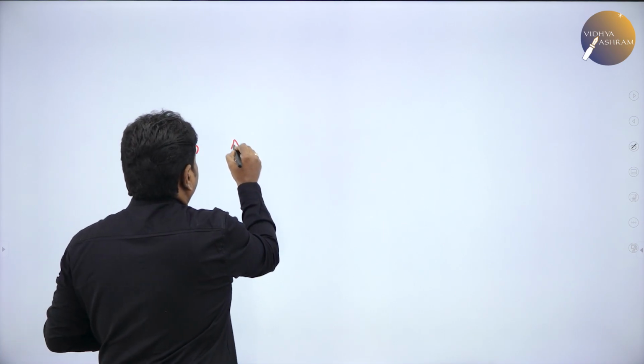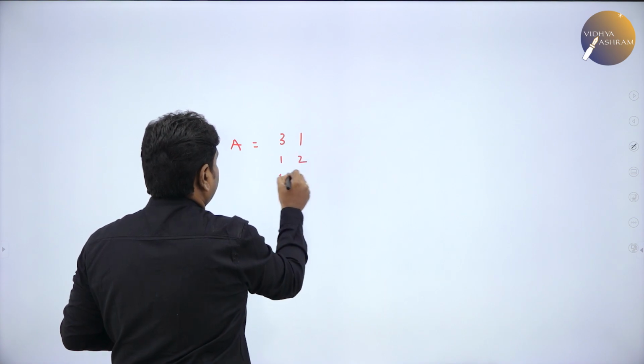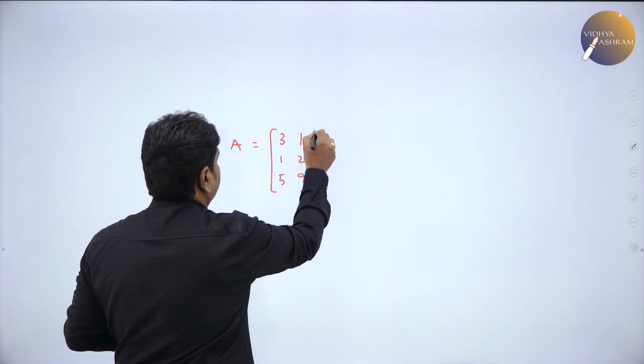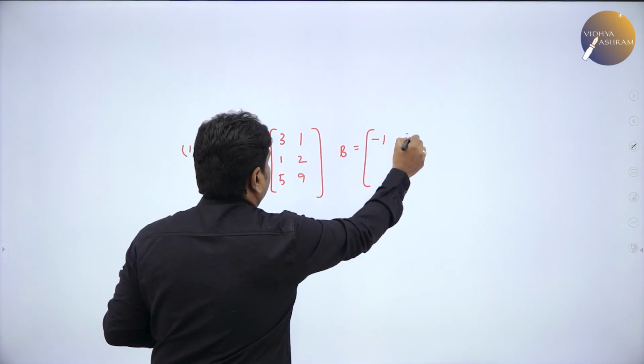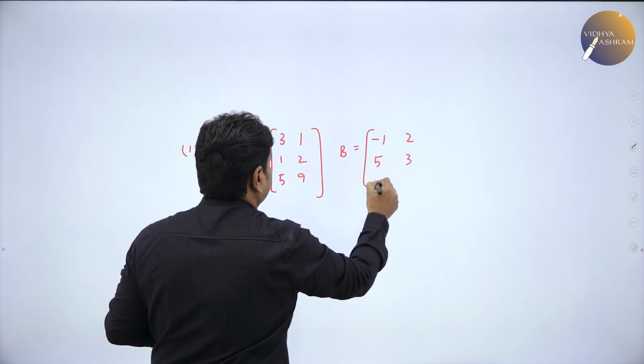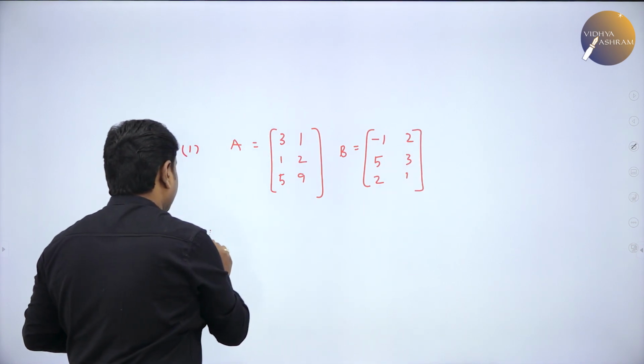So now if I take A is equal to 3 1 1 2 5 9, and again I'll take B is equal to minus 1 2 5 3 2 1. Now if I want you to find A plus B,